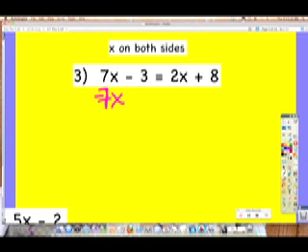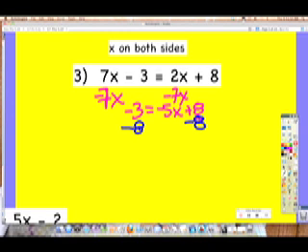Nicole, a little bit louder in the mic. And then you subtract 8 from both sides. And you get negative 11 equals negative 5x. And then you divide both sides by negative 5. And x